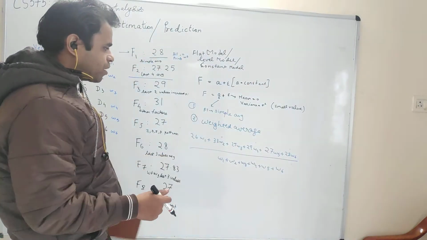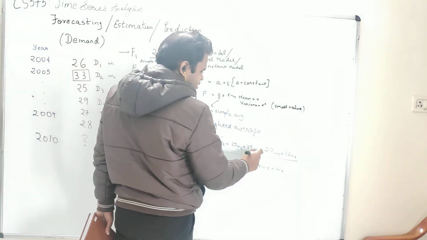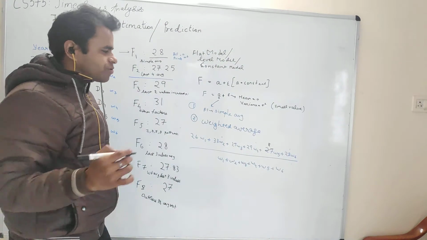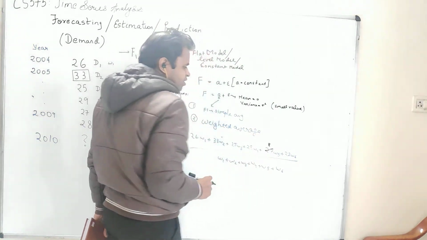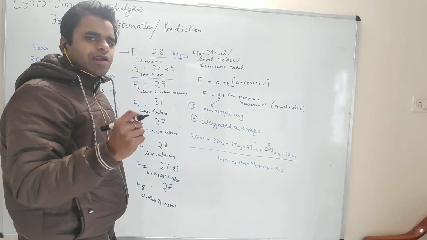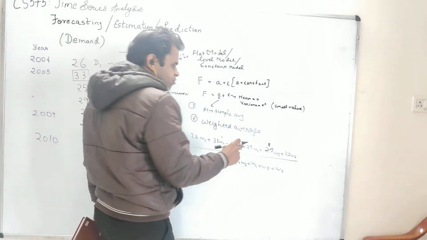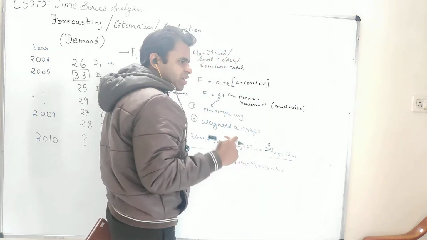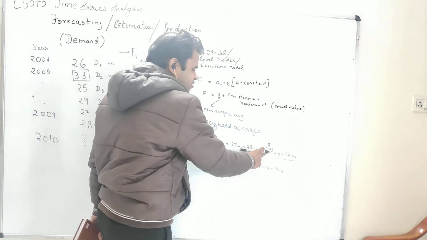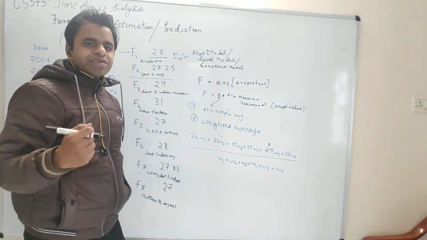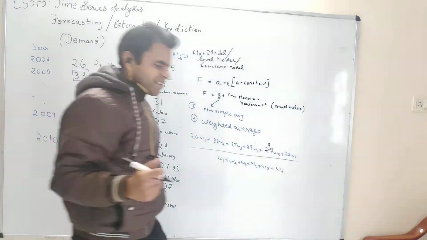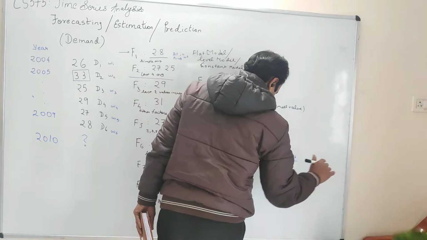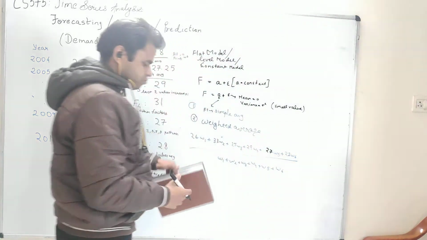For example, it may so happen that these are the sales of a particular product, right? And this value, let us say for the time being, was 8. What we can observe is that this value was 8 because it was a lockdown period. During the lockdown, the sales actually fell. Now, if you assign a higher weight considering this as a recent value, your forecasting value may be wrong, because this was a lockdown period, a once in a lifetime moment. So this is a challenge that you associate with weighted averages, because assigning weight is a challenge. So let me keep this as 27.